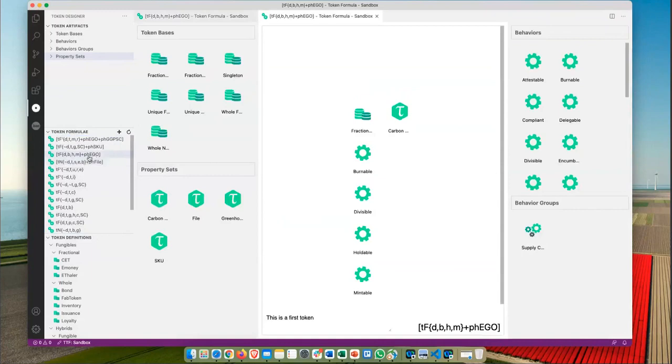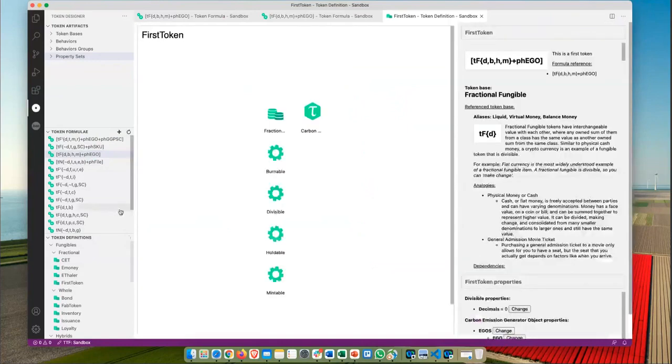If I right-click it, I can create a token definition, and it prompts here on the top for a name. So this is the first token. And you see here in the token definitions, in the fungible fractional, there is a new token being added, first token.